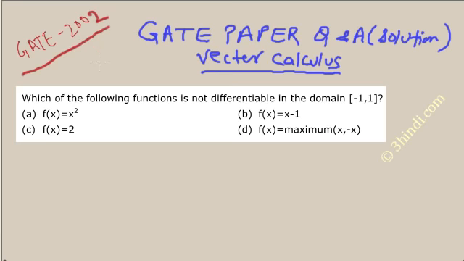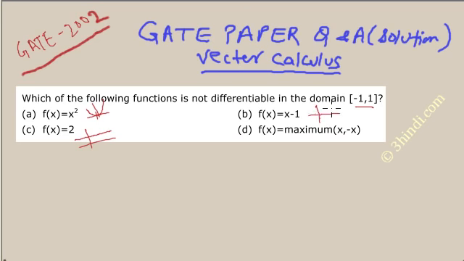This is the question from 2002. Which of the following functions is not differentiable in the domain minus 1 to 1? If you plot this graph, it is like x squared, so definitely this is differentiable, and for x equal to 2, this is like this, so this is differentiable. For x, this is also like